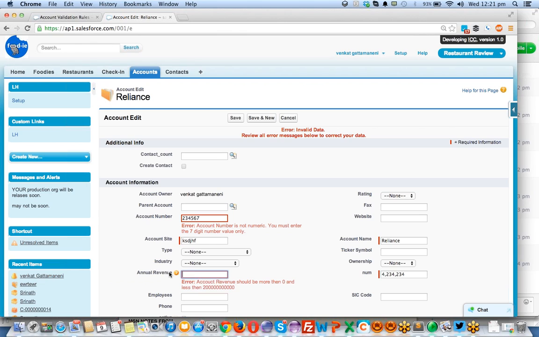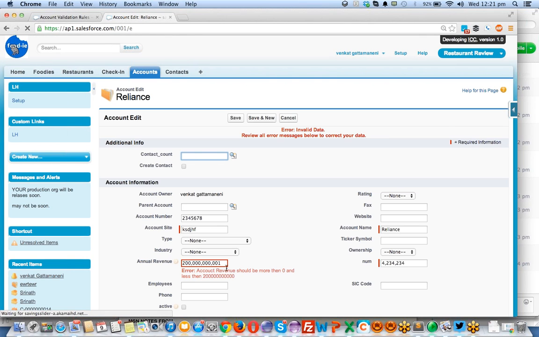Now let's see. I want to give exactly 1 digit above this value, and I'm clicking on save. I'll get the same error. Now I am giving this as 8 and I am clicking on save. Now this error will be gone and I will get only this error, because this is satisfied, this is not satisfied because this is more than 20 billion, $200 billion.